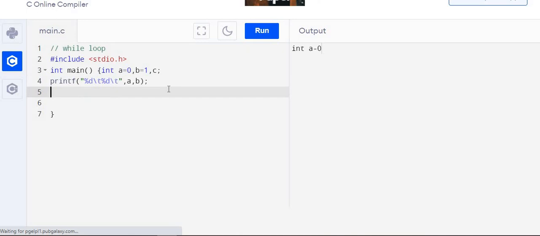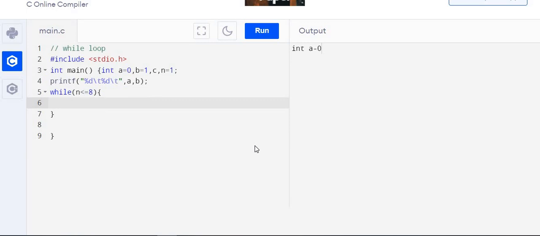For other numbers, while, now we have to print 10 numbers, so we need a counter, so let the counter be n, and naturally the initial value of n is 1. So when n is equal to 1, A is printed, when n is equal to 2, B is printed. So if we want to print 10 numbers, then two numbers are already printed, so while n is less than or equal to 8, because we want to print 10 numbers, this printing will continue.